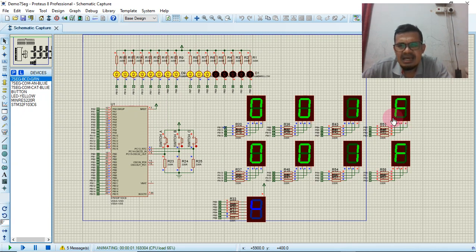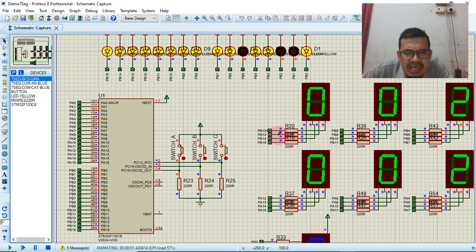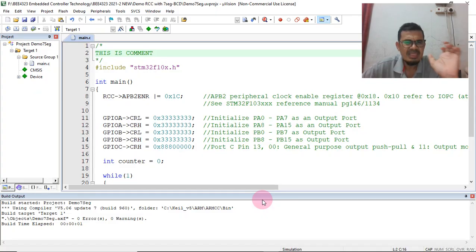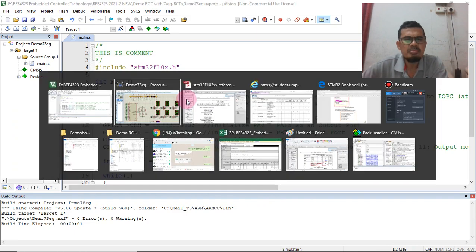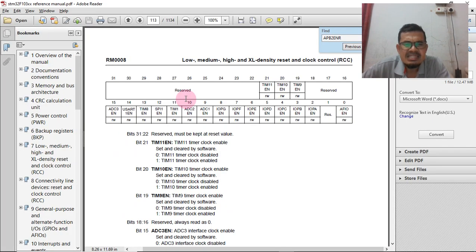Let's see what happens if I turn off port A. This one is port A. I turn off the clock for port A. To turn off the clock for port A, here we must write a 0.